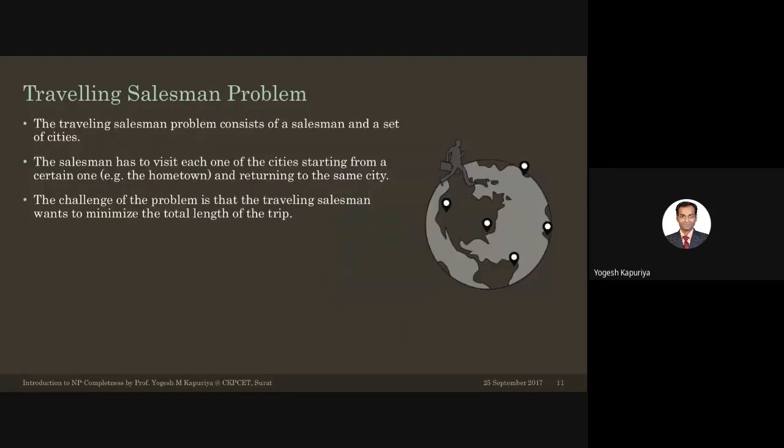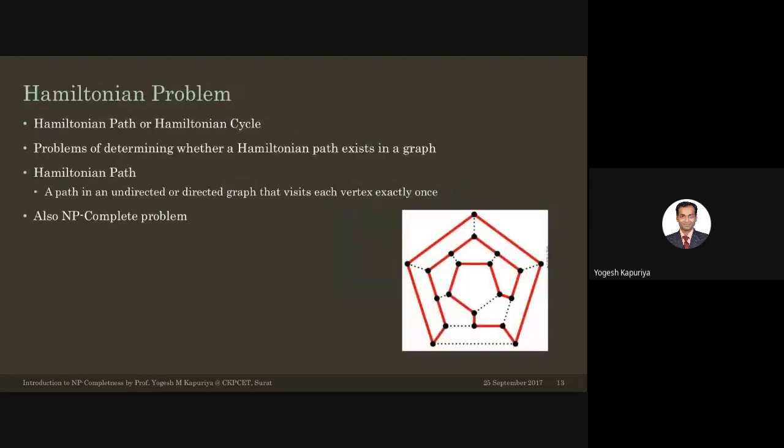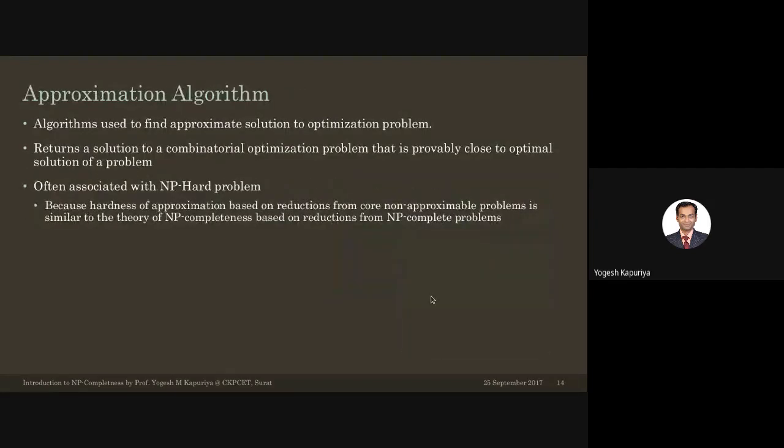So that was just a simple, brief idea of what we mean by an NP complete problem. There is one more topic which is actually associated with NP hard problems, which is called an approximation algorithm. As the name suggests, approximation. Approximation means that because you do not have a method to find the exact solution, let's try to find the approximate solution. So that's why this algorithm became popular for solving this kind of problem, which are actually unsolved problems.